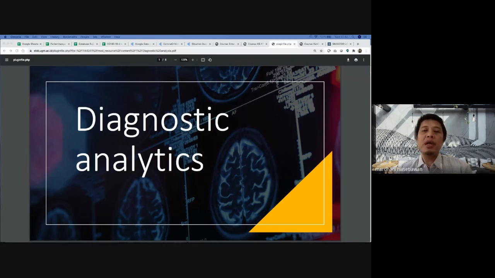But after that, we go to the next step of the analytics that we call diagnostic analytics, which we will discuss today. This is mostly a continuous analytic process after we do the exploratory data analytics. So the suggestion for data scientists is that before we do the diagnostic analytics, we need to do the EDA first.